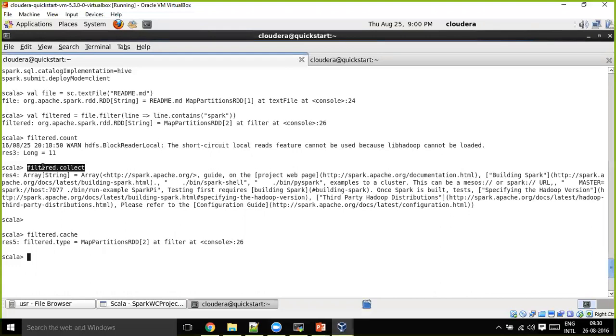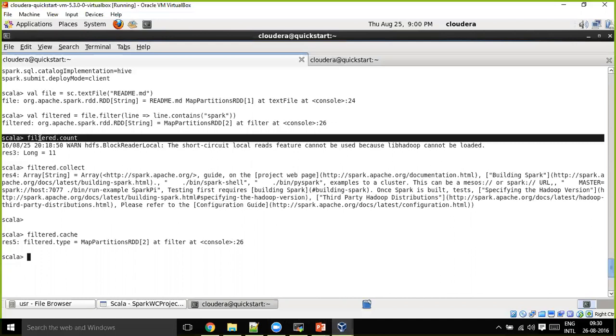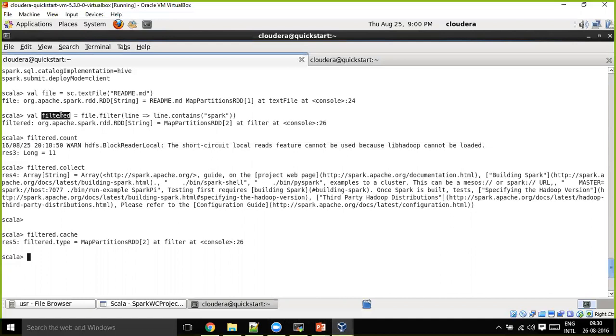The reason is the filtered RDD results are not there. So when you are executing filtered.count, you are expecting data in filtered. In order to get data into filtered, where does it get it from? From file.